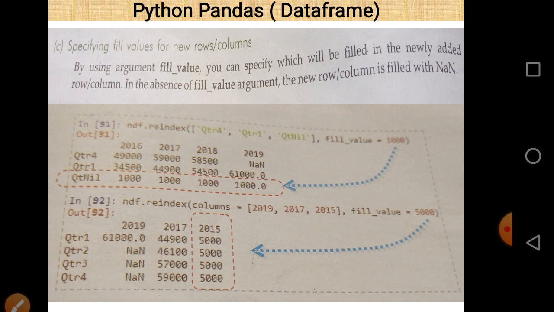So, and this is also applied for columns. In the second example there are 3 columns, 2019, 2017 and 2015, and there is a fill value 5000.